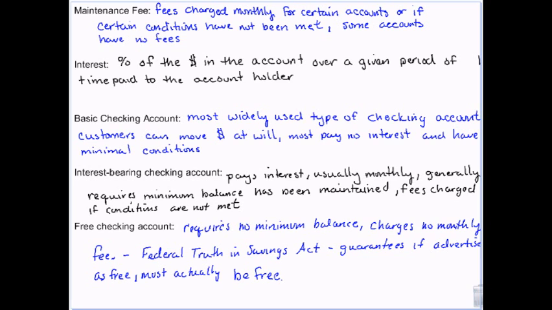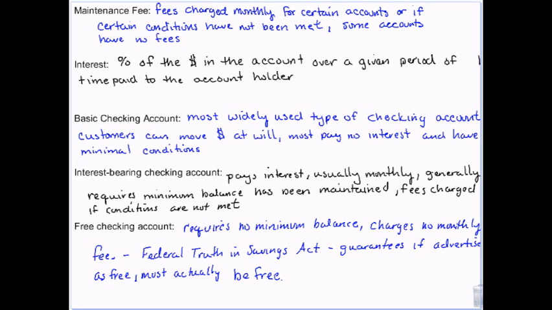Okay, your basic checking account is the one that most everybody has. They're the most common type of checking account. There are money market accounts and other kinds of accounts, but your basic checking account is the most widely used. That's because it's the easiest one. It has the least amount of conditions. You just put money in and you take money out. You can just have as many transactions as you want in a month. There aren't limits usually.